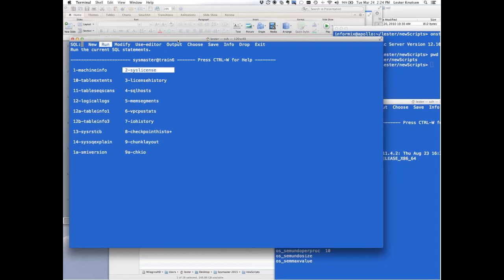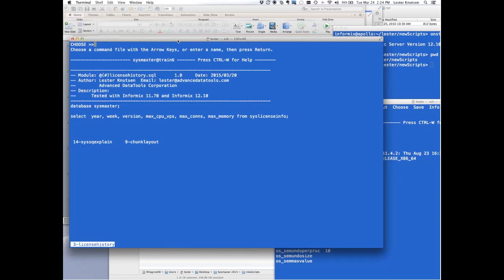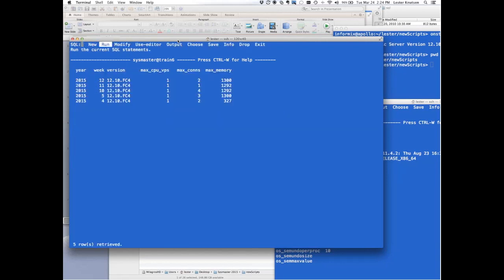Now, where this gets really interesting is when you take a look at the license history. And this is a script I have that shows me by week what the max number of CPU VPs I was using, the max number of user connections, and the max amount of memory that I was using. Very helpful when you're looking at your licensing, because this is what Informix is keeping track of in terms of what you're using. Now, one interesting thing about this table,